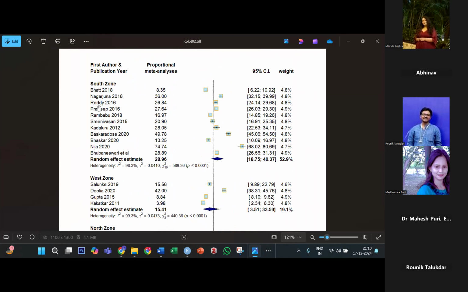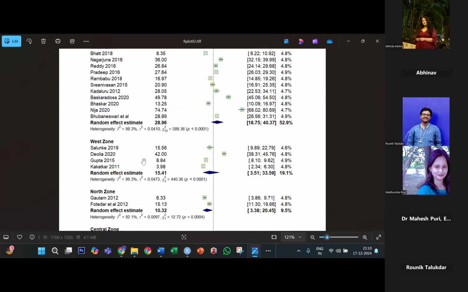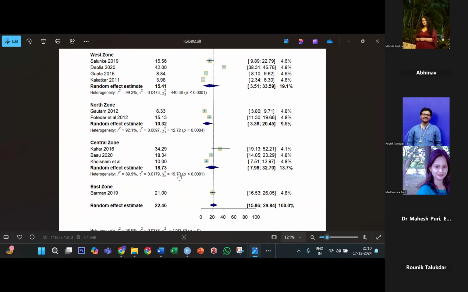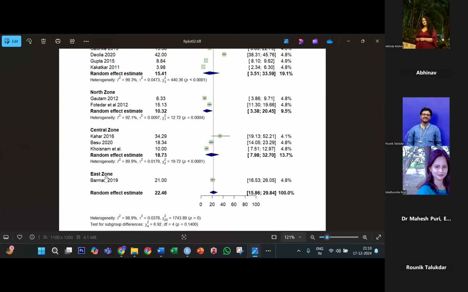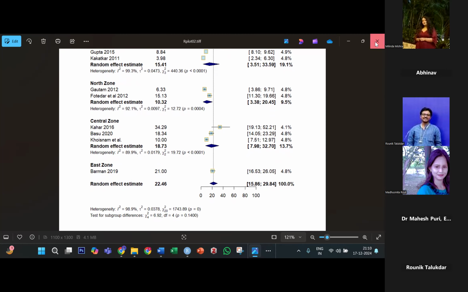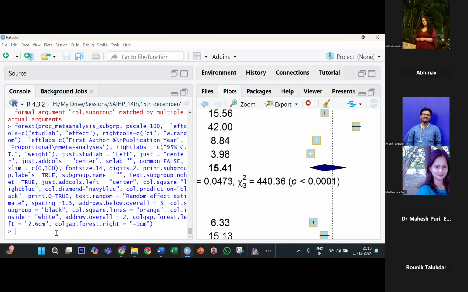तो इसमें देखो, ऊपर देखोगे तो साउथ जोन का दिया हुआ है रैंडम एस्टिमेट 28%। फिर तुम आओ, वेस्ट जोन का भी अलग से दिया हुआ है, नॉर्थ जोन का भी दिया है, सेंट्रल का भी है, ईस्ट जोन में सिर्फ एक ही स्टडी था दिया हुआ है उसको। अच्छा हाँ, अब प्रेडिक्शन का बोल रहा था।